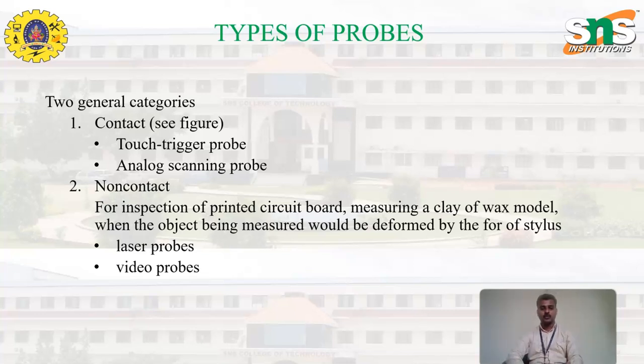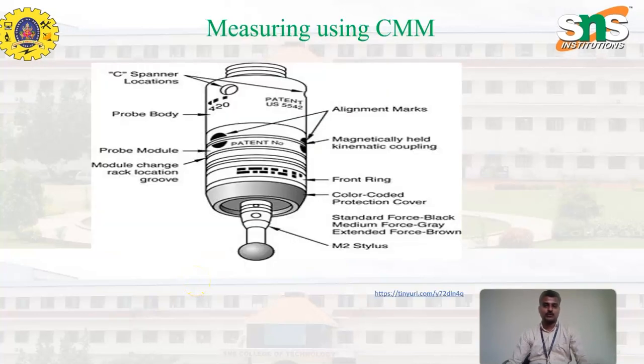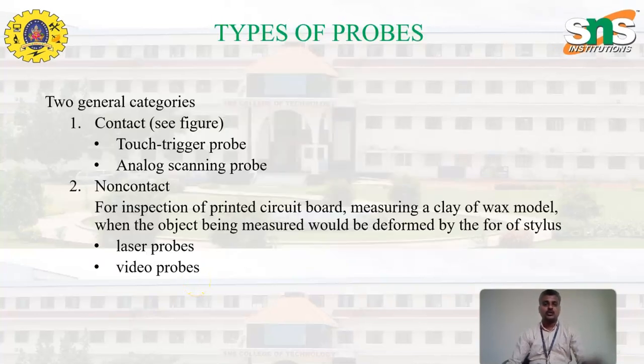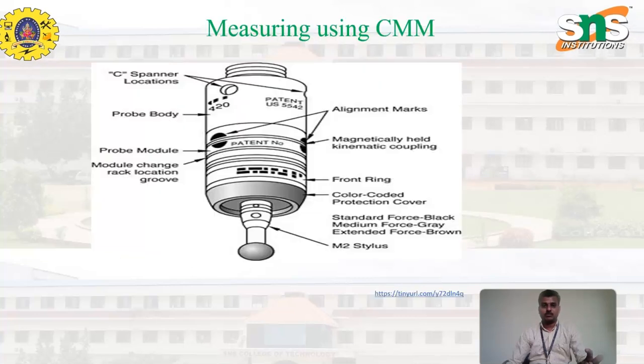Another one is the non-contact probe, where laser lights or video probes will move over the object to measure the object. We have two types, that is laser probes and video probes, measuring using the CMM, where this is your general schematic diagram of the